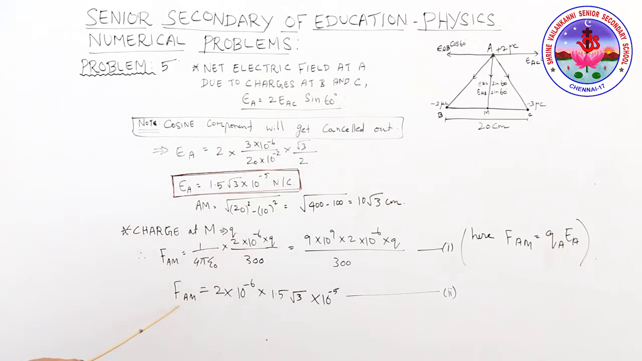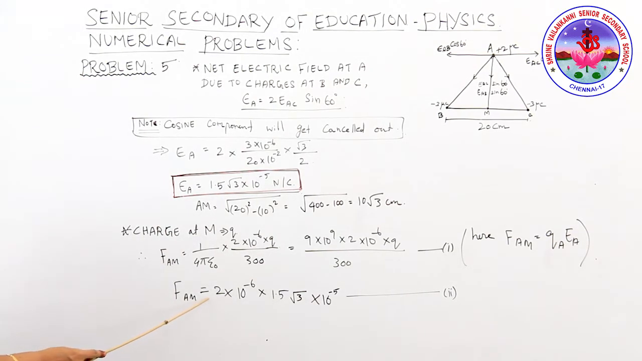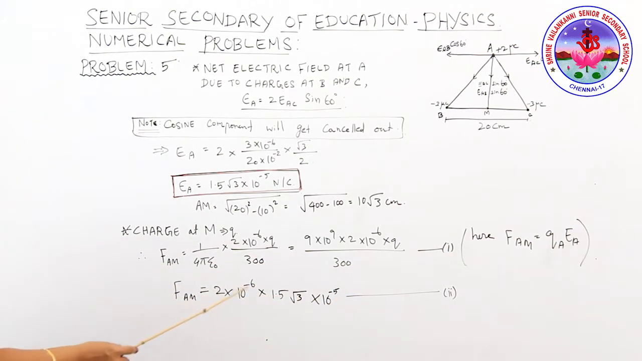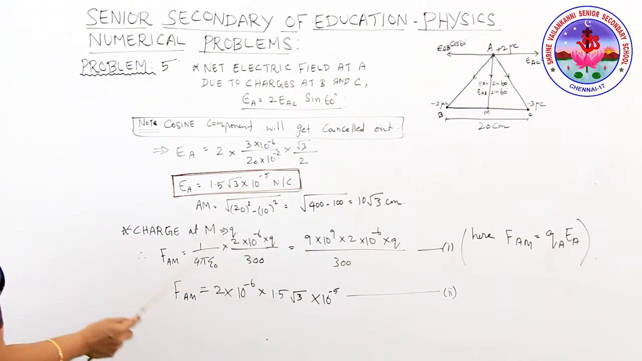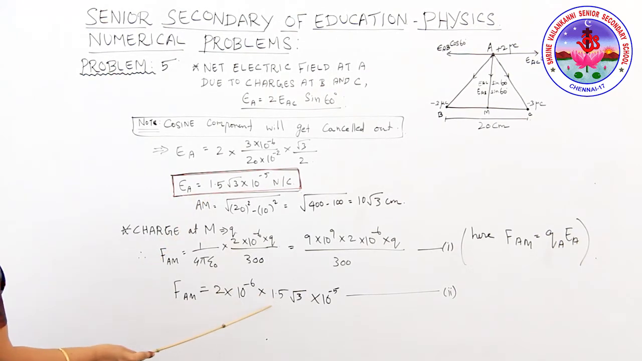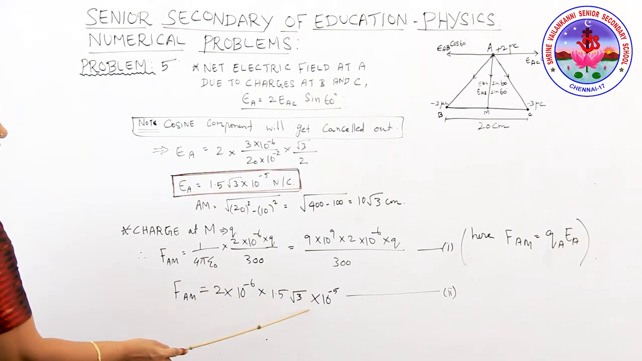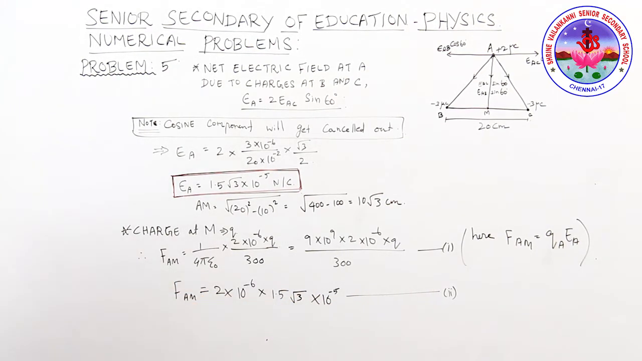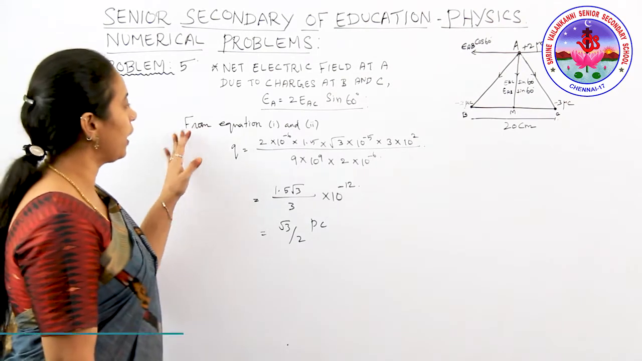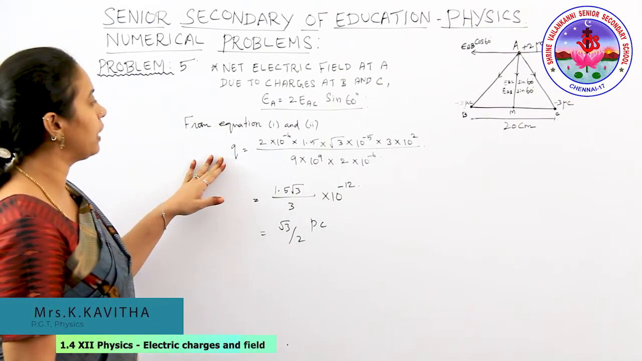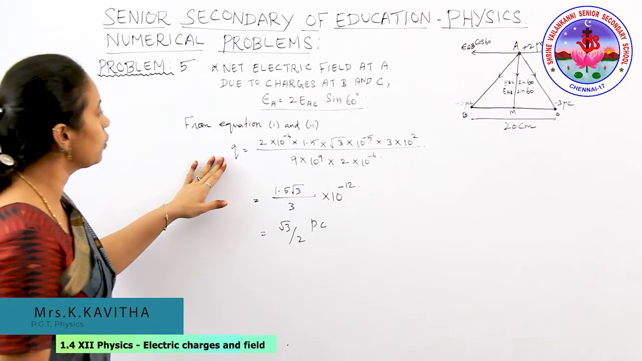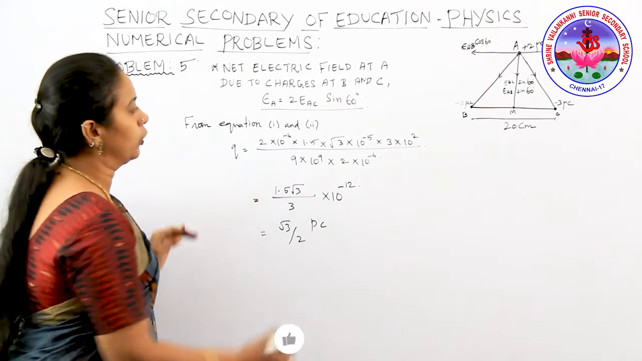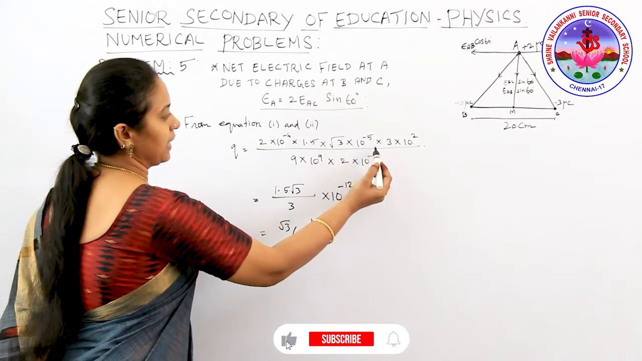Here F = qE, which from the above explanation is 2 into 10 power minus 6 into the E value we got, yes, 1.5 root 3 into 10 power minus 5. This we can take as the second equation. So from equations 1 and 2, we apply the Q value. Q is equal to 2 into 10 power minus 6, 1.5 into root 3 into 10 power minus 5